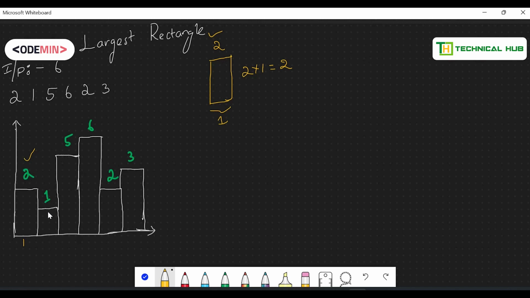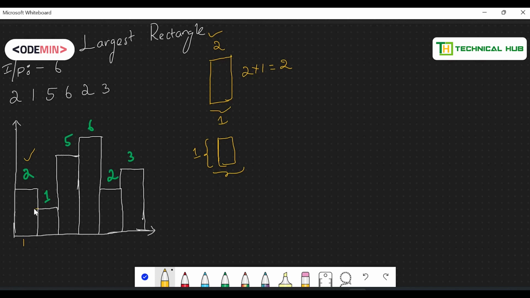What if you choose to create a rectangle with the help of your second histogram? The height of your second histogram is 1. Now our task is to find its width. So I'll go through its left and through its right. Can I go through its left?